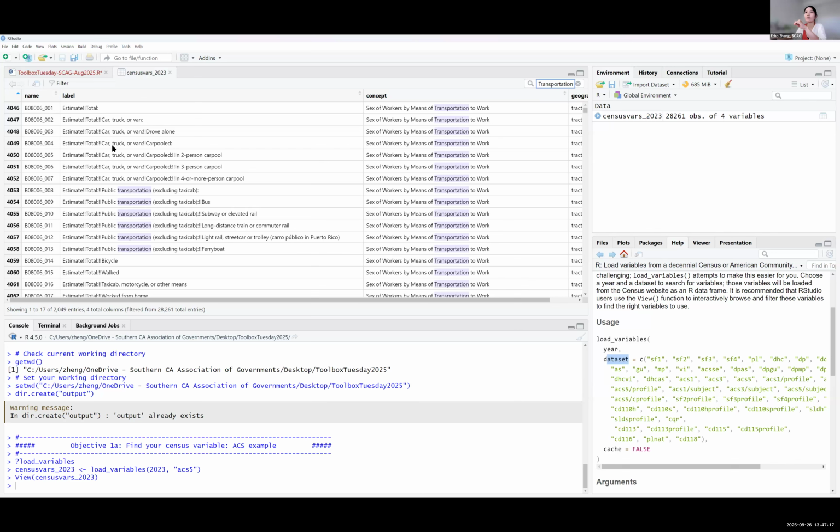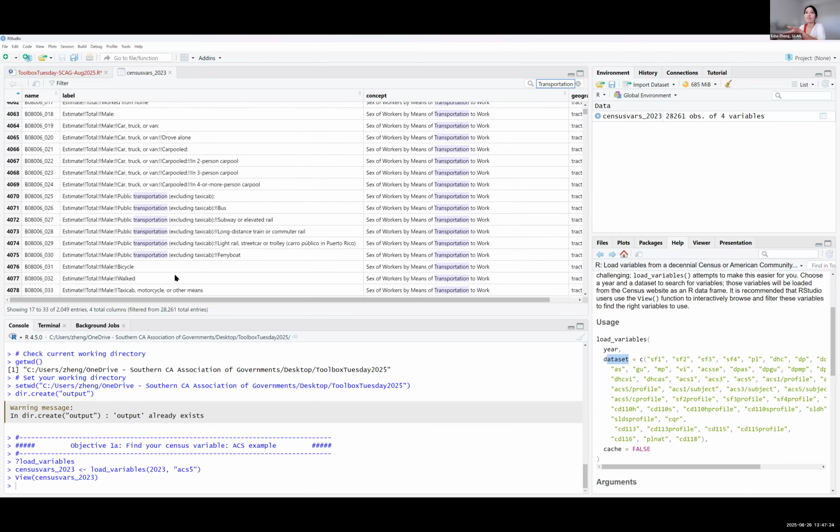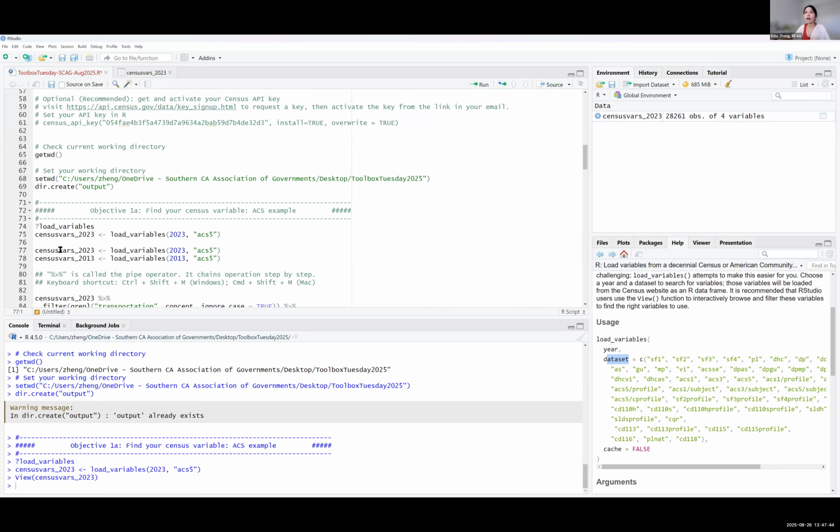A lot of the variables, for example, sex of workers by means of transportation to work, itself has 51 variables, right? So if we can collapse it and just look at what concepts are available, what concepts contain transportation within the data set, that's another way to find your variable. I provide an example to do it here as well.